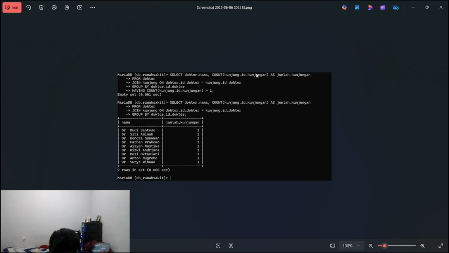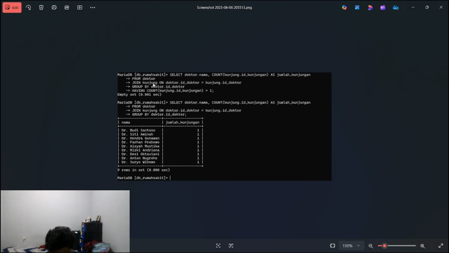The COUNT function is used to count the number of rows associated with that doctor. Then FROM doctor: this part specifies the main table of the query, which is the doctor table storing doctor data.